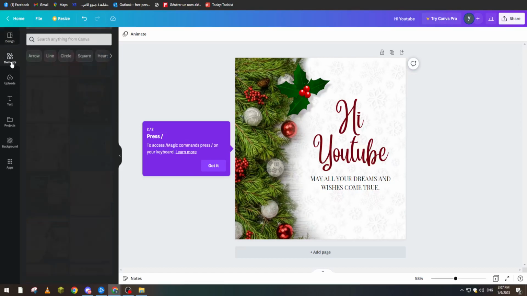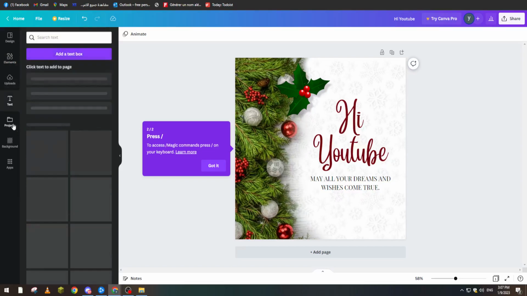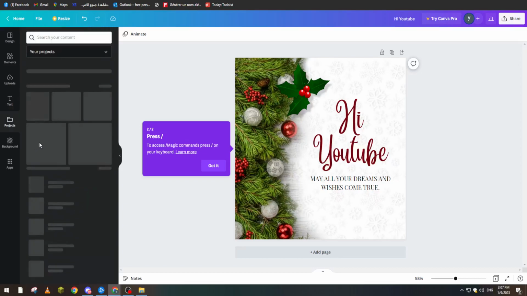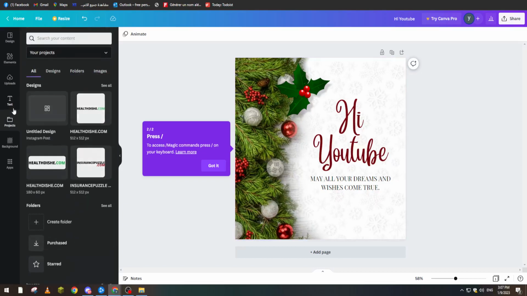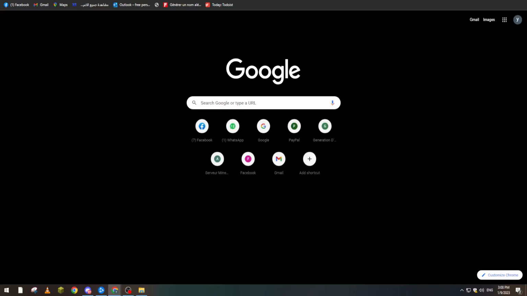So that's how you can actually make Canva, and there are some effects that you can add to your image, so you can go through them on your own and learn about it. Now, what is the difference between Canva and the AI that we are going to talk about now? The difference: in Canva, you have to do everything on your own, but the DALL-E AI, as you can see,